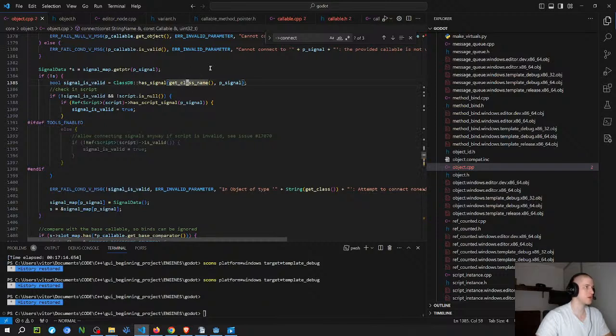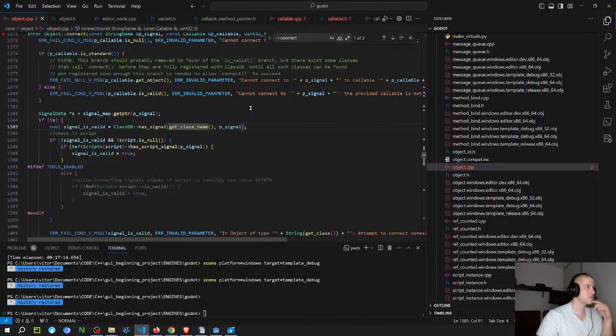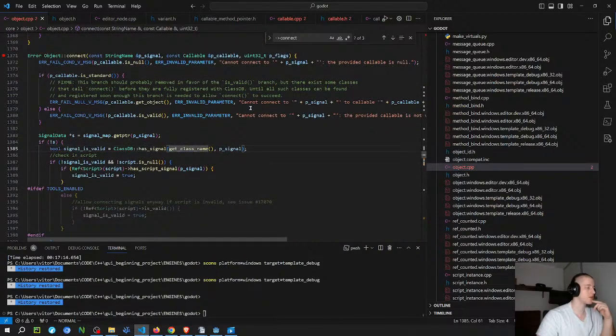This probably gets the name from the object class, because in order to subscribe to events, it needs to be a class that inherits from the object class. So what this is probably doing is getting the name of the class that called the connect function, which is a class that is going to inherit from object. So it's getting that name and checking to see if